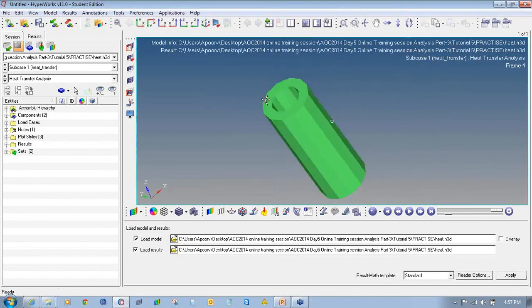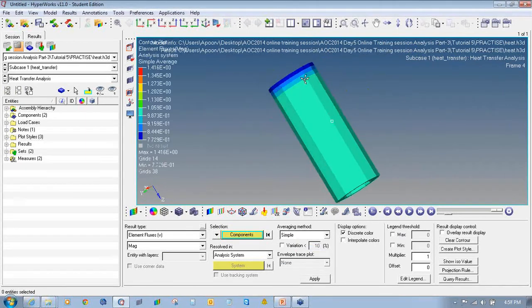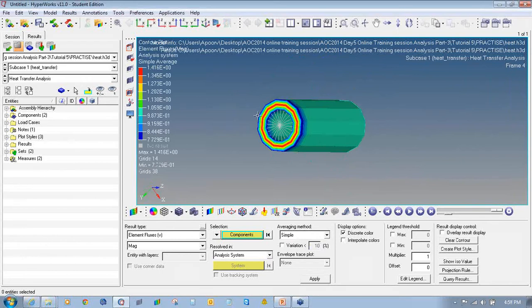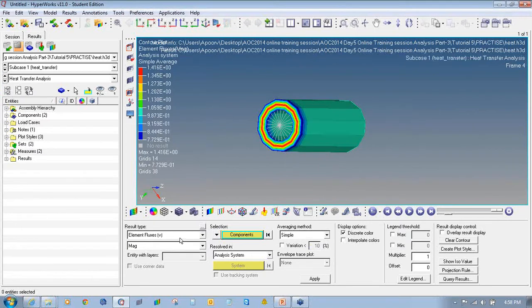Maximize it. Go to contour. This is the element flux for heat transfer. Temperature